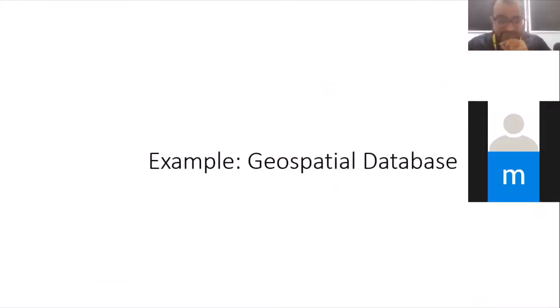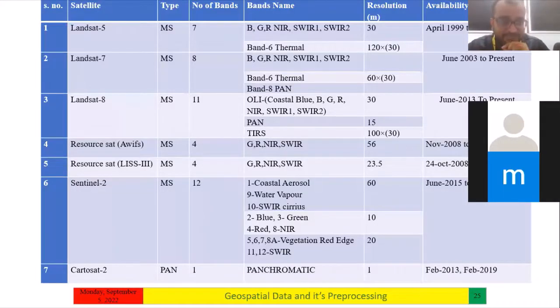So geospatial database, here I have shown different attributes: the satellite name, its type, number of bands, band's name, resolution, and its availability from the time when it has started and from the time when the mission has ended. So Landsat 5, 7, 8, Resourcesat with Advanced Wide Field Sensors, Resourcesat with LISS-3 sensors, Sentinel 2,